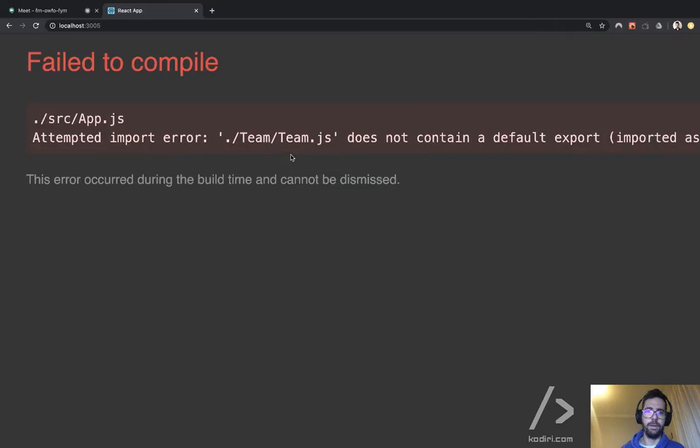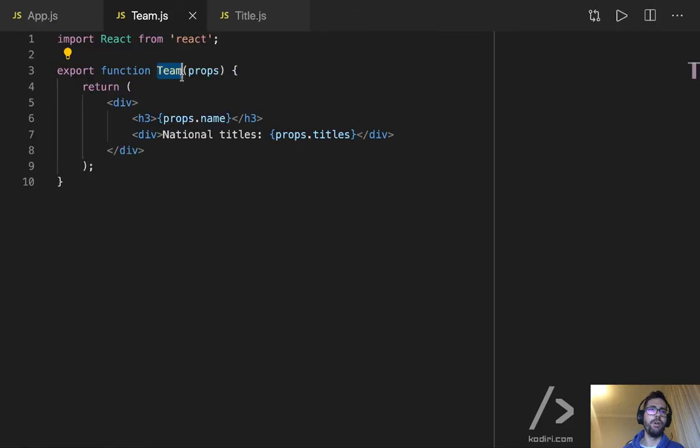Of course, look, theme does not contain a default export. I forgot to add export default, correct? Yeah, just remember that's important. Why is the default important? Because technically speaking, without the default, we can export an API. We can export multiple things like export